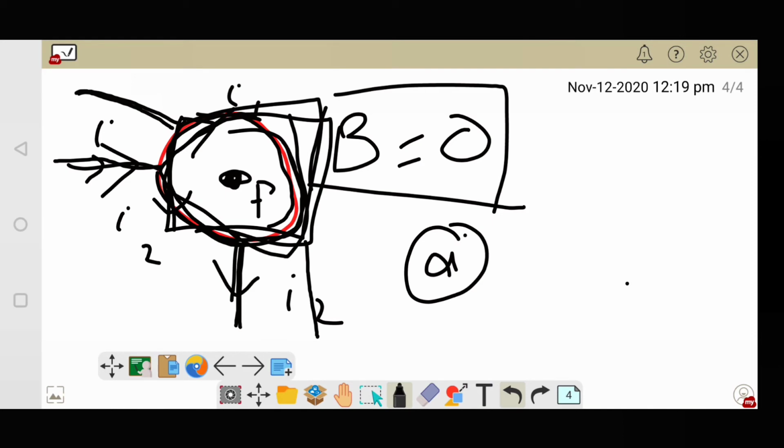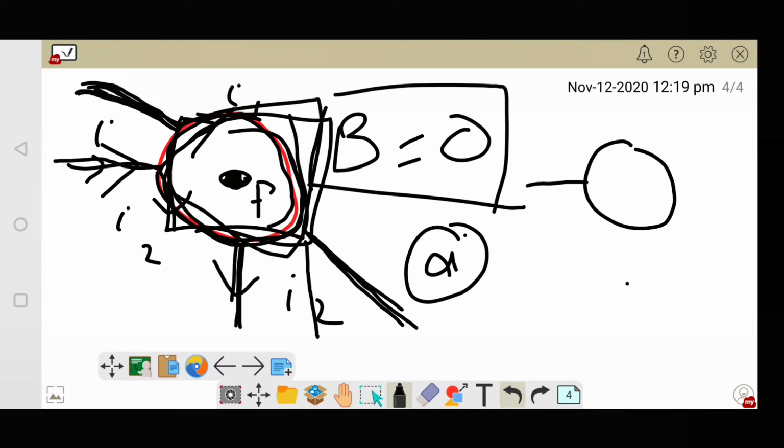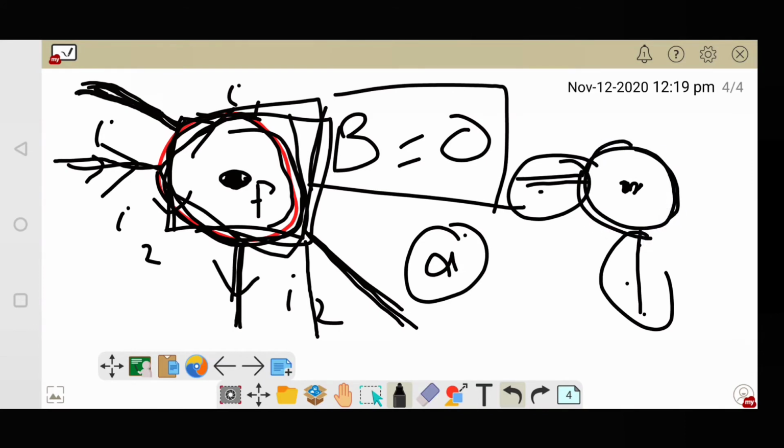But one condition is there: for the current entering the loop and for the current leaving the loop, those elements must be such that the point of observation is along the axis. So here in this question, current is coming like this, it is leaving like this, and this is the center point. The center point is along the axis of this part and also along the axis of this part. So for these two parts, the magnetic field is 0, and for this symmetrical part also, the magnetic field will be 0. So option A is the correct answer.